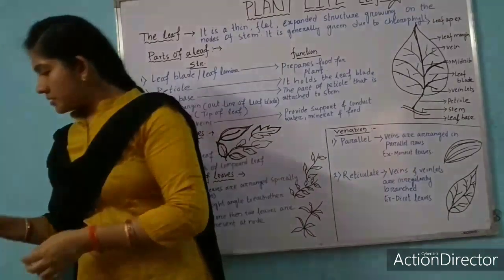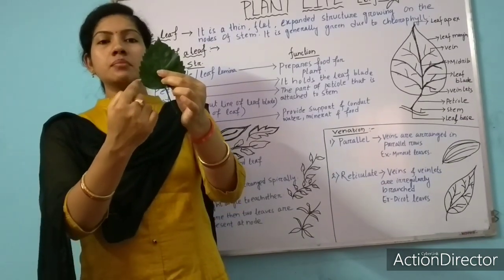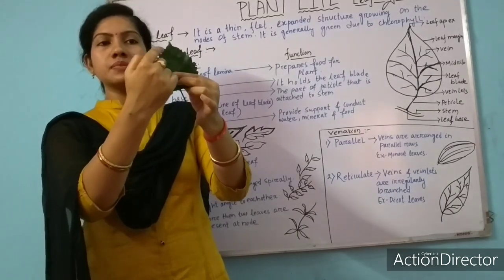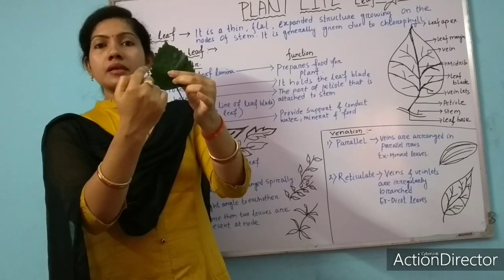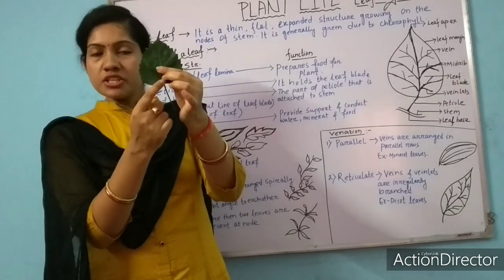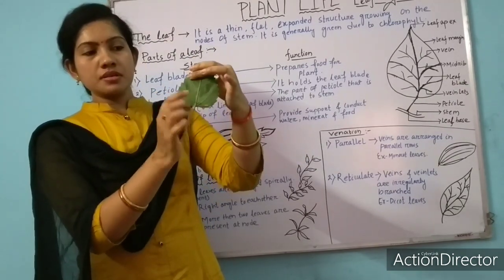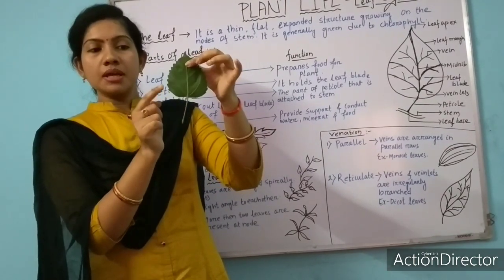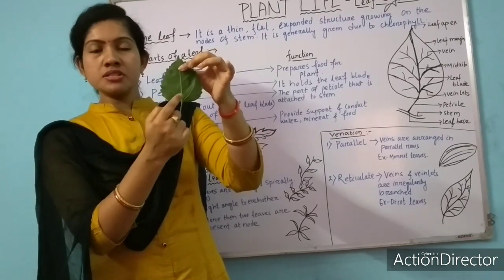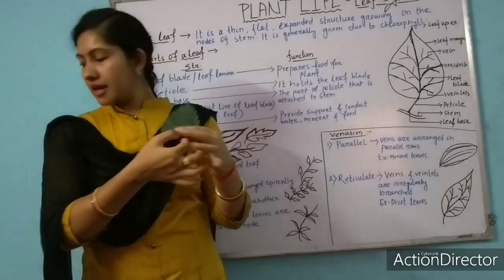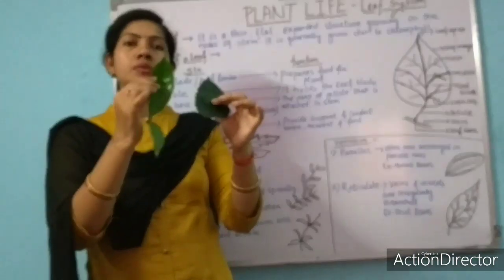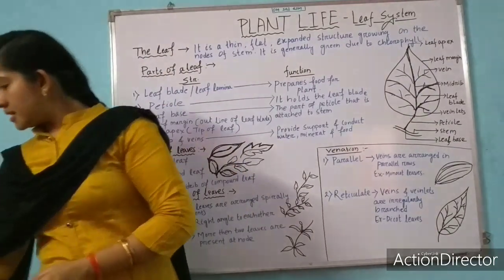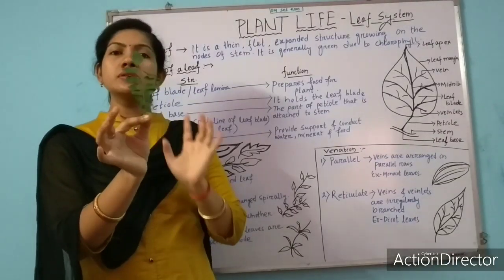If you see here, you can see the margin of the leaf, it is divided. You can see several folds on the leaf margin, but it does not touch the midrib. This is the midrib, you can see at the middle. The leaf margin does not touch the midrib. It gets divided, but it does not touch the midrib. We call this kind of leaves as what? Simple leaf. And we call this kind of leaf as compound leaf.